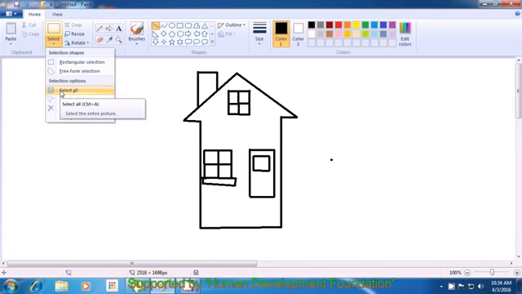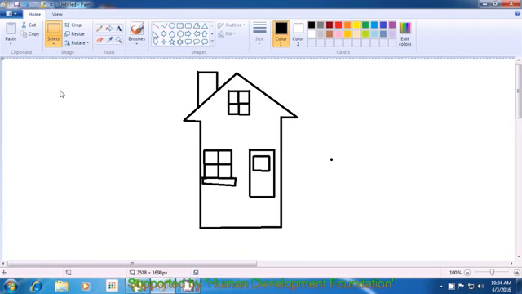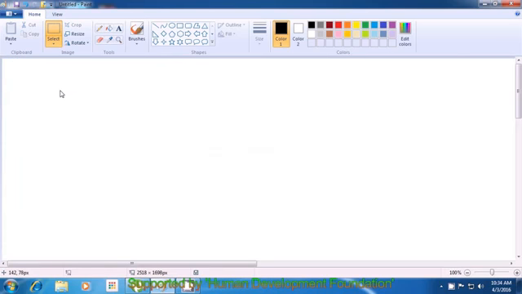When we press on the selection tool, we see options and we have to use the select all option. When we press on select all, you will see that a box appears all around our drawing of the picture in dotted lines. Now look for the delete button on your keyboard and press it, and your picture gets erased.